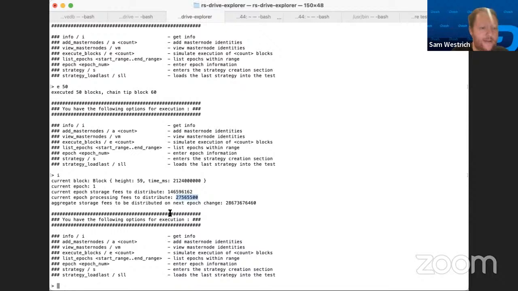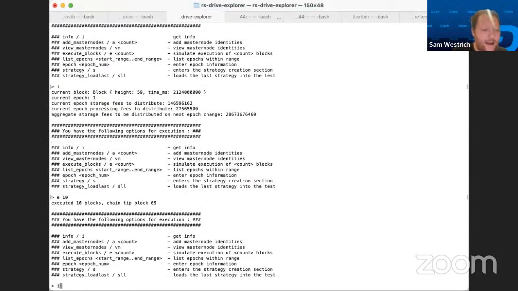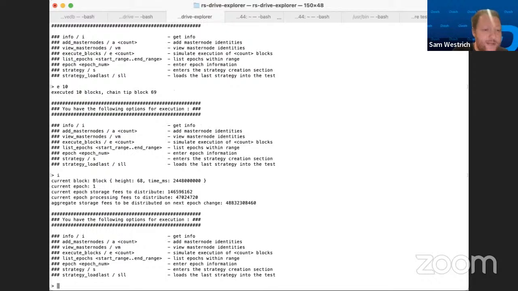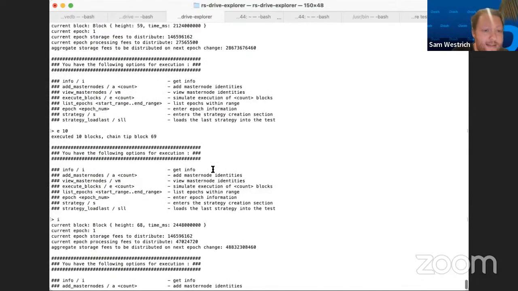So literally we can just execute some more, I don't know, 10 more blocks. Now if we ask for the information again, we can see that the aggregate storage fees to be distributed and the processing fees have gone up from before.